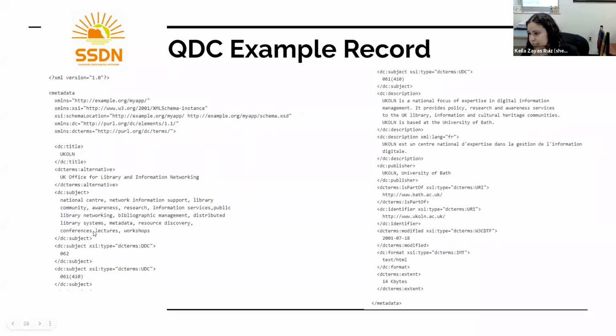Additionally, we see beneath the publisher term, we have DC terms is part of, and that allows us to add a relationship here that we didn't have in the previous record as well. We also have a more specified date here. So this item was last modified on this date. So we don't just have to stick to the original publication date. We can add some relationships there and some additional information and some labels that help us understand what this date